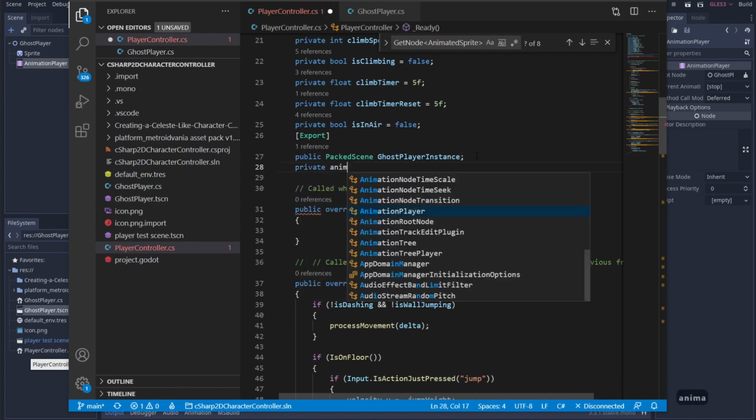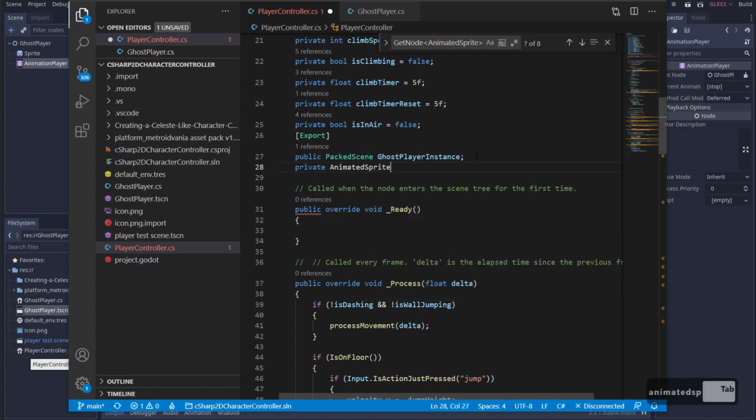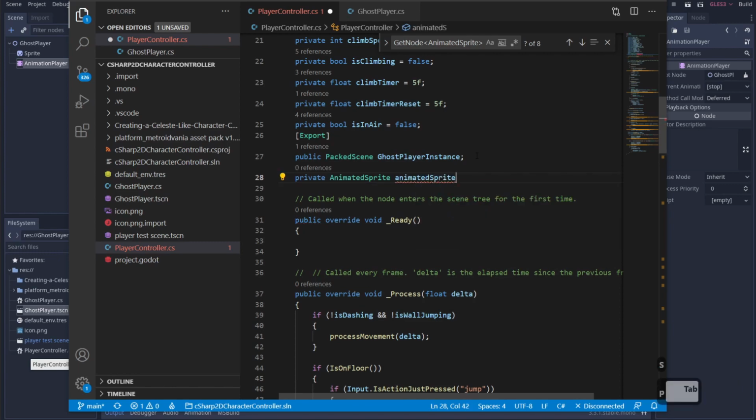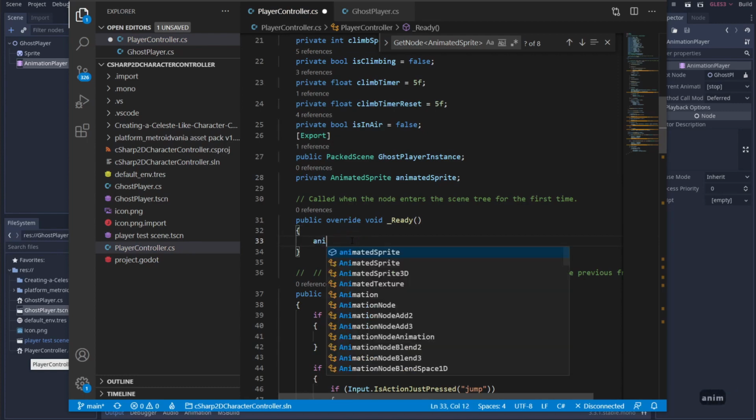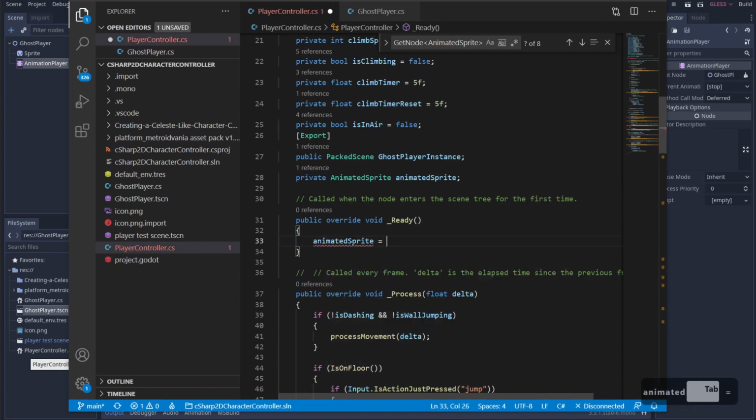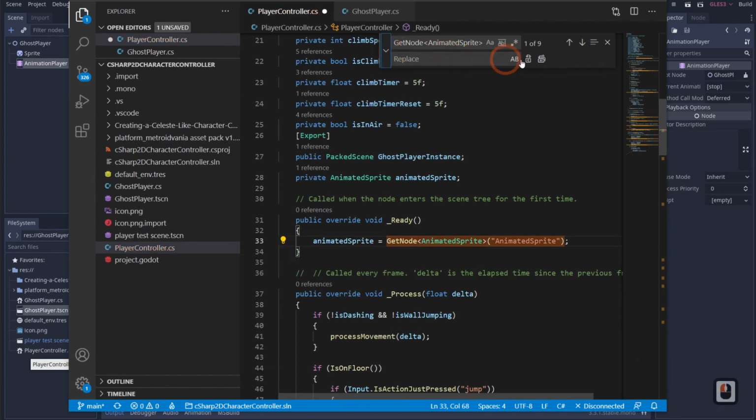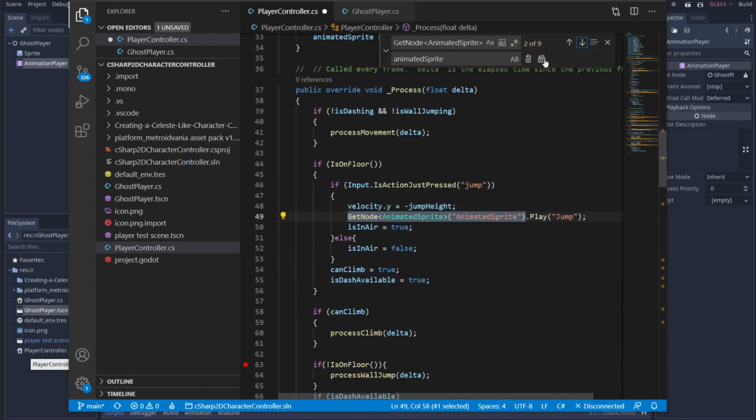private AnimatedSprite, and call it, I don't know, animatedSprite. Simple enough, right? And we'll say animatedSprite is equal to, and we're going to go ahead and paste that. All right. And now what we can do is we can say replace animated sprite with this. So the GetNode with this. And then if we go to our next one right here and we just replace them,